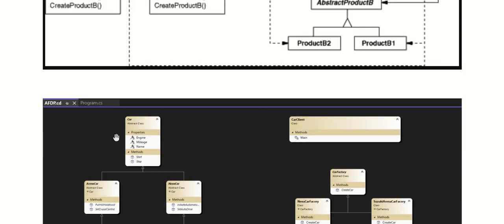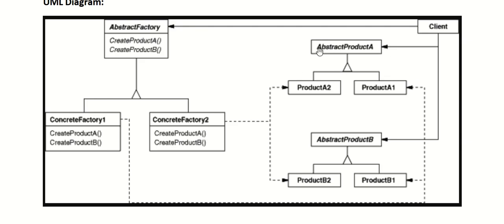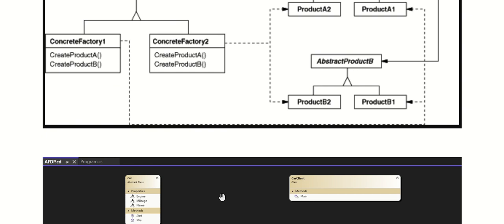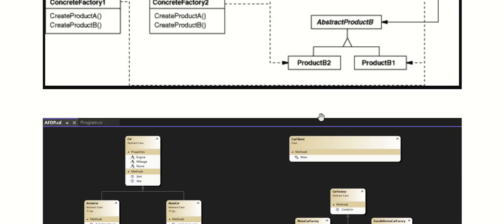Okay, so that's why I call this car my abstract product. Let's relate this to this here. What is my abstract product? My abstract product is car. Now, from this abstract product, this is a very general form. This is the generalization of a product that I represented in terms of this car class, which is